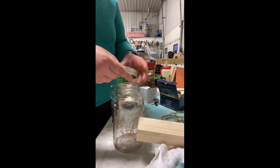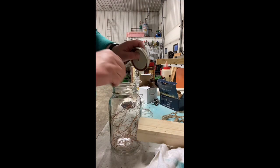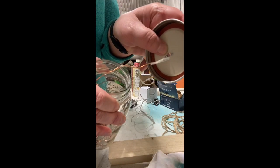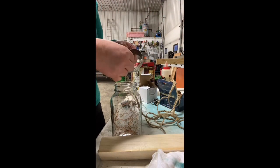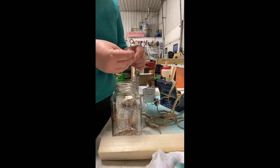And it is actually really hard to get fairy lights in a jar. Who would have thought it was such a hard task? But it took me a little bit, and I fed it through until the protective rubber stuff for the cord came through. And I didn't really go any further than that because I didn't want to see that coated part inside